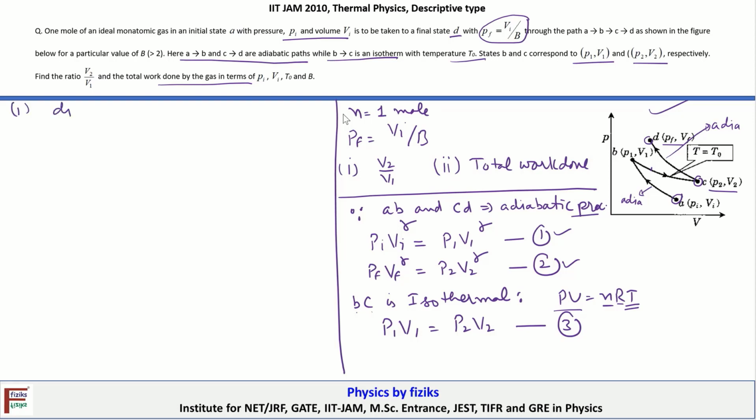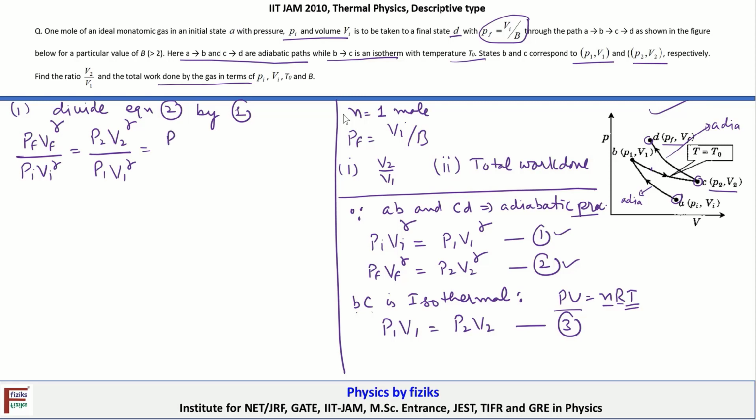Divide equation 2 by equation 1, then we obtain PF VF power gamma divided by PI VI power gamma, that is equal to P2 V2 power gamma divided by P1 V1 power gamma, and this is further equal to,